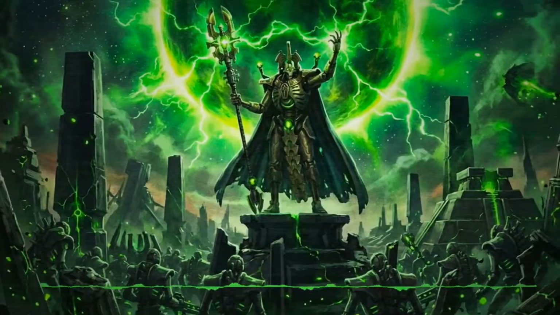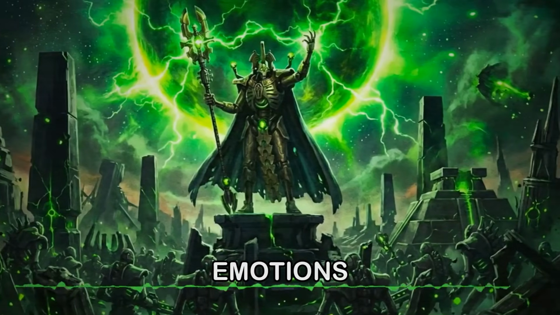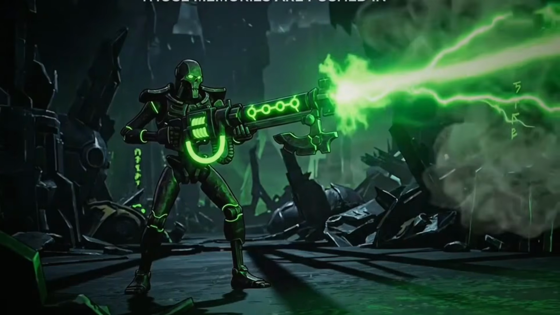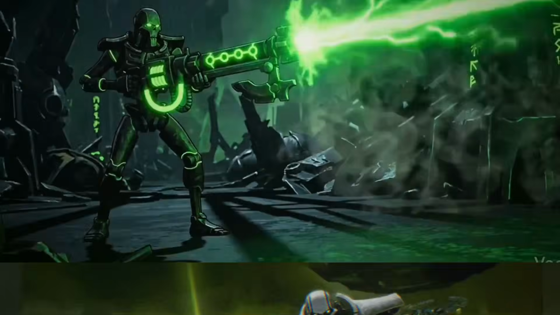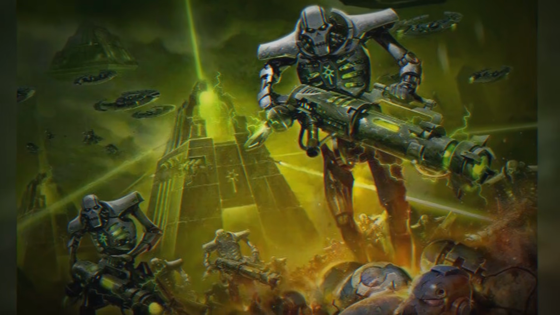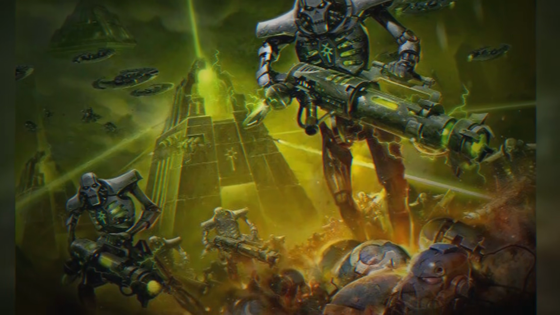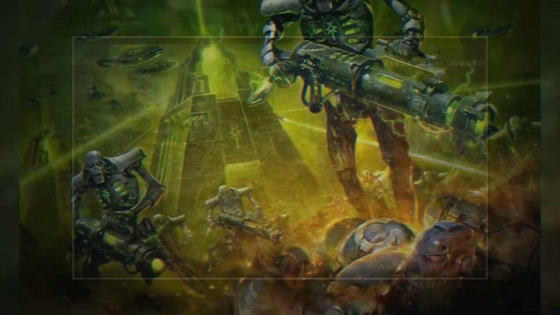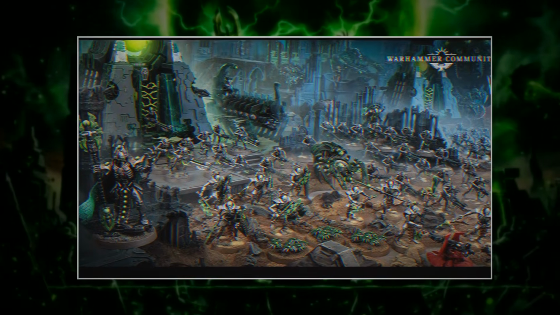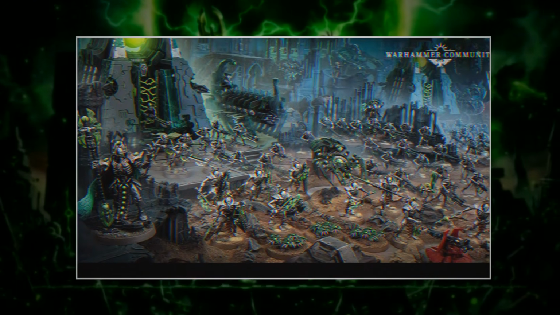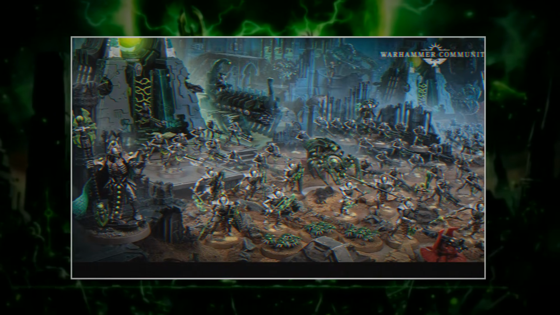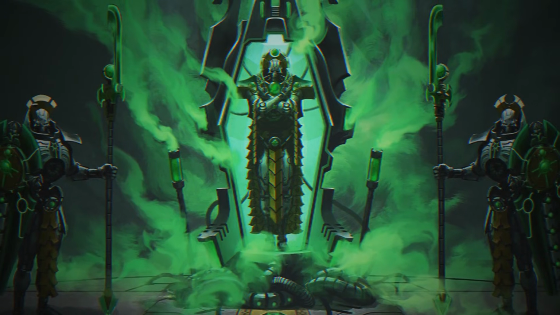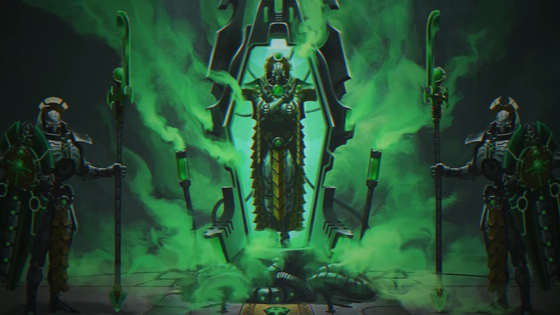They could no longer feel the full range of emotions they once had. They could not dream. They could not truly create. They were shadows of what they had been, hollow echoes of a dead race. The lesser Necrontyr suffered the worst. The common soldiers and workers emerged as little more than machines, their personalities almost entirely erased, capable only of following orders. The nobles and leaders retained more of themselves, but even they felt the emptiness where their souls had been.